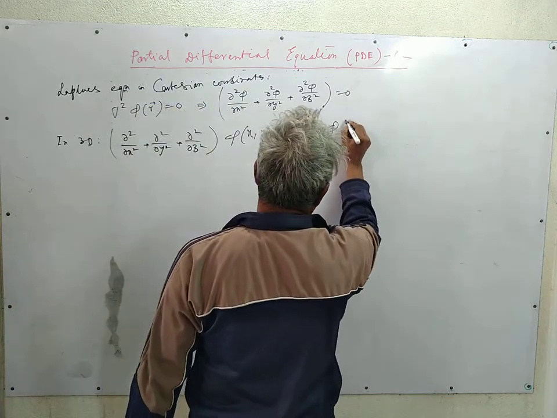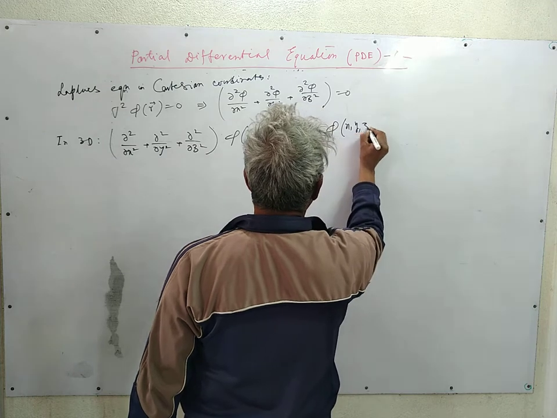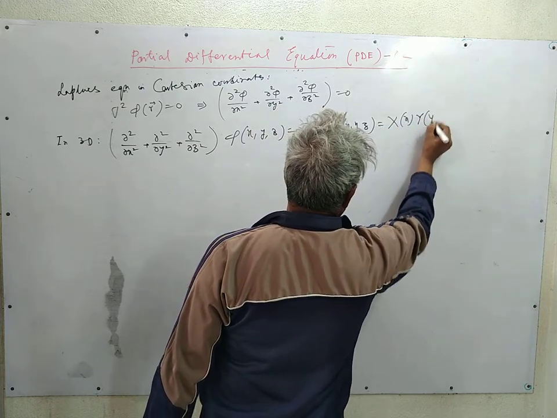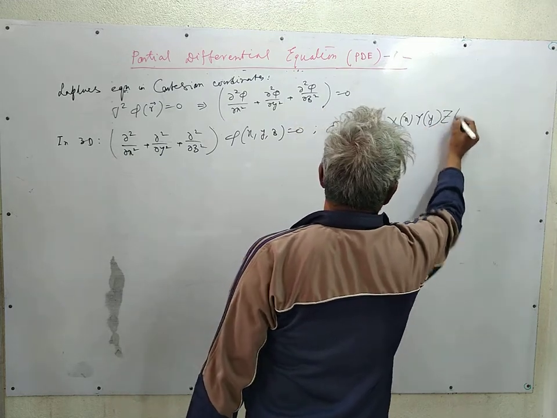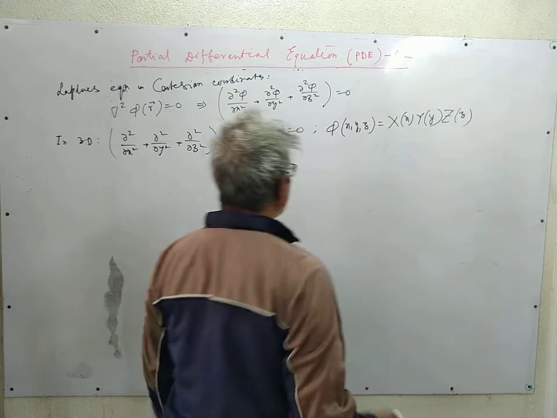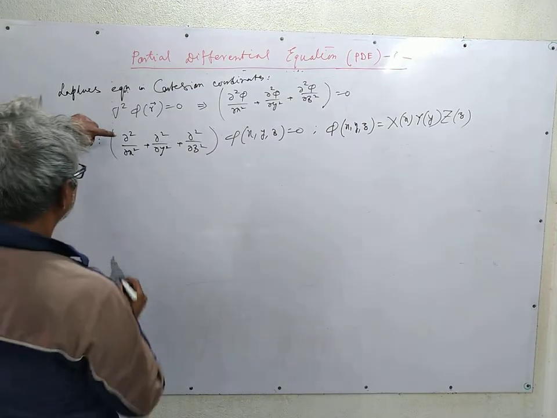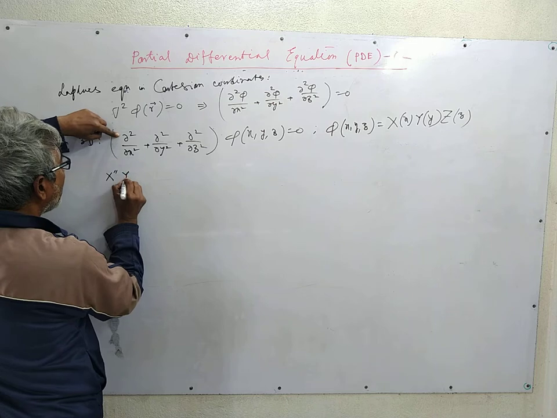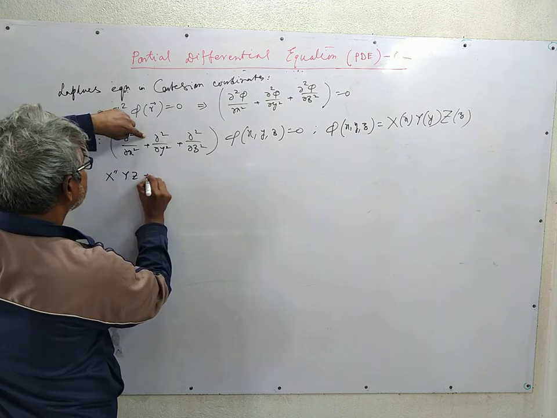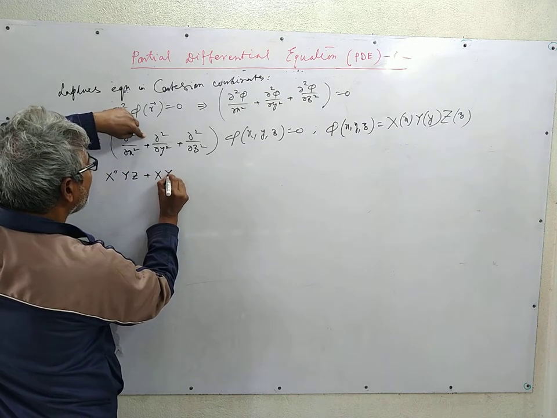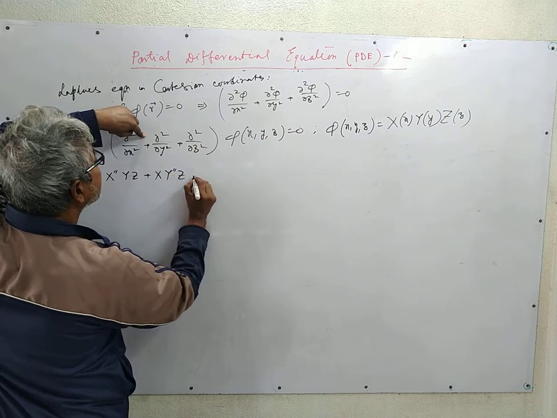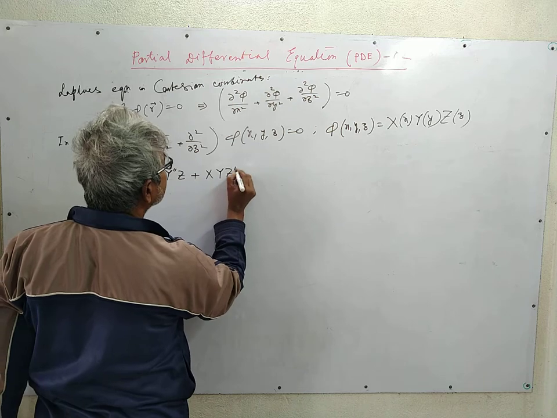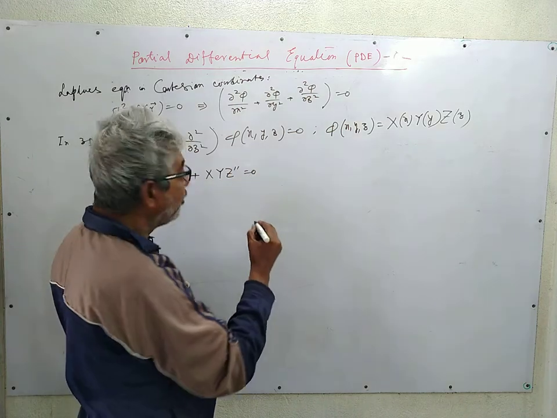We use phi of x y z is equal to X of x, Y of y, Z of z. So if we put this, the first part gives you X double prime Y Z, the second part gives you X Y double prime Z, and the third part gives you X Y Z double prime is equal to 0, where